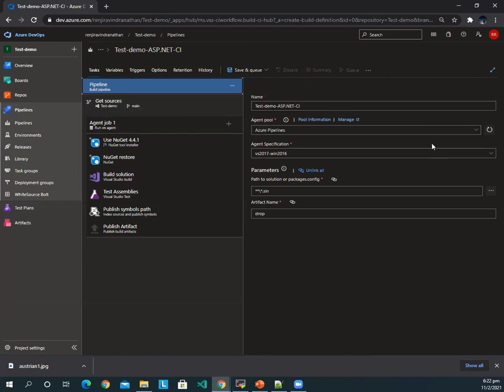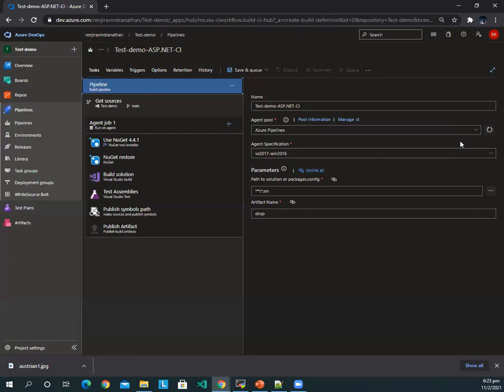So basically there are two types of agent pools. One is a Microsoft hosted one, that is, the agents that are pulled from Microsoft pools, like VM pools, and we have a limit of 30 hours build time per month if you're using Microsoft hosted agent pools. And the other is self-hosted. So self-hosted is where you can install the agents on your VMs or on your local machines and use that to